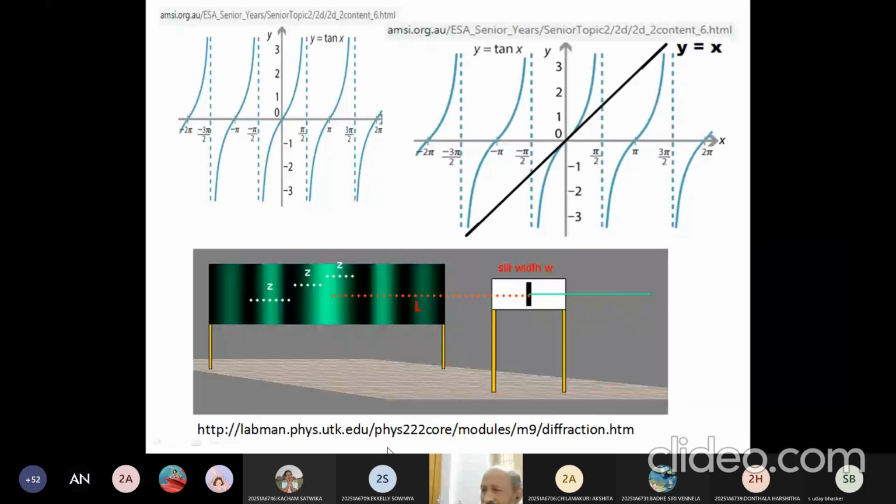Now this one is the single slit. The light is propagating through the single slit, and this one is your central maxima, and then minima, and then the first secondary maxima, second secondary maxima, and so on. The bright ones are maximas and the dark ones are minimas. You get minimas when alpha is equal to plus or minus m pi, and you get maximas when alpha is equal to 0, that is the principal maxima, and when alpha is equal to 3 pi by 2, 5 pi by 2, 7 pi by 2, and so on. That's a figure here. This is the tan alpha graph, and this is